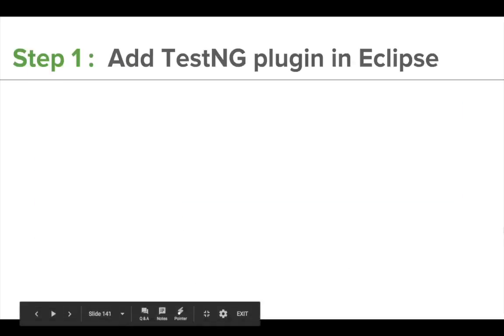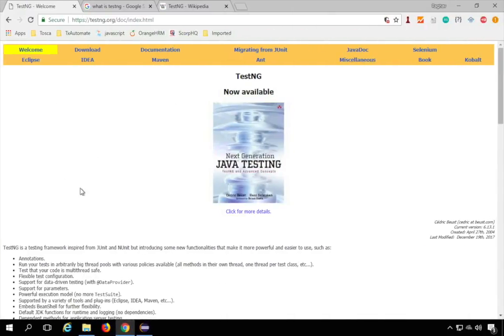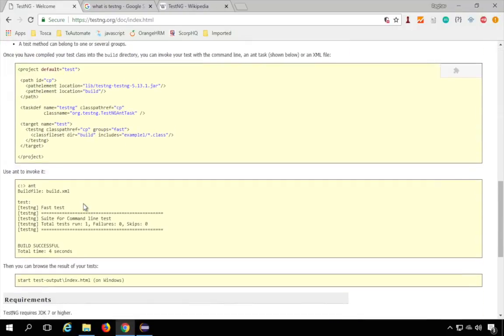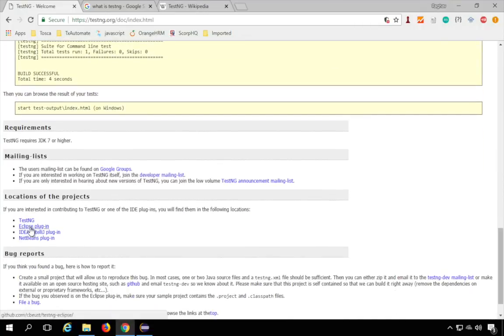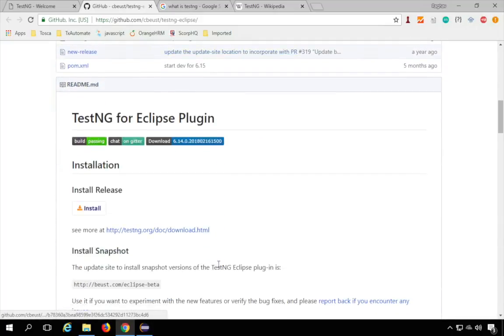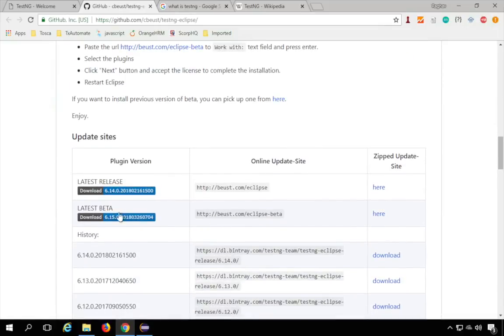So we now know what is TestNG, and now we have to start adding TestNG into our Eclipse. If you go to this website for TestNG and go a little down, here you will find this Eclipse plugin. So we are going to get this Eclipse plugin. If you click here, it will open a GitHub page, and here you will get all the steps. If you go a little down, you will get all the versions available, and here we have a beta version, but we are going to take this stable version